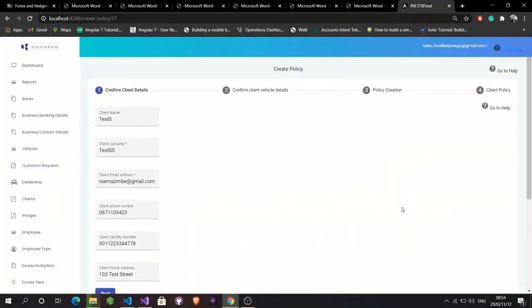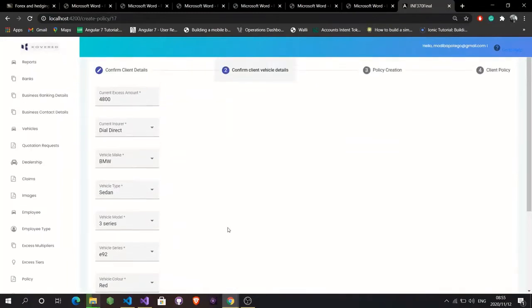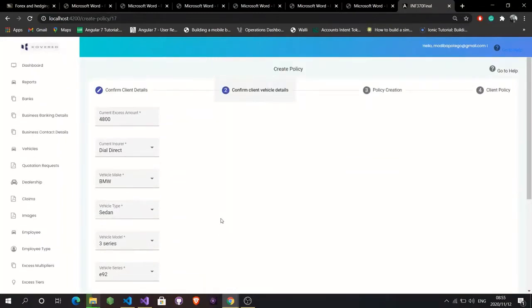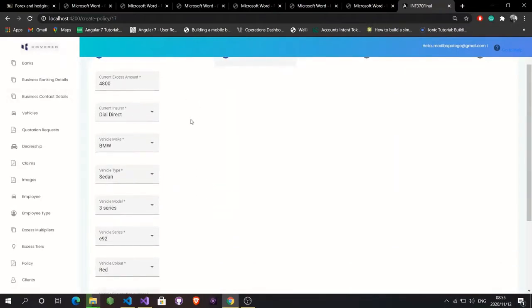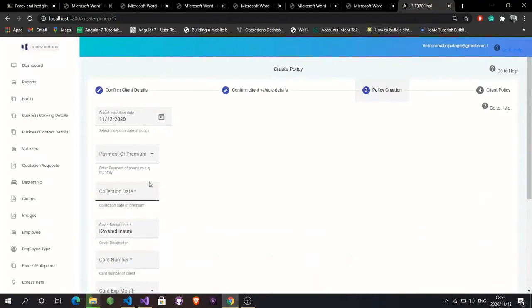So the agent, while he or she is on the phone with this particular client, will just confirm a few details on the phone, like, okay, your name is, for example, test, your email address is this, your ID number is this, and you live at this address, for example. And you click on the next button. It also pulls up the information that they provided when they were asking for a quotation request. So it will just show their excess amount, their current insurer, and the vehicle that they're driving. And after that, when you click on the next button,